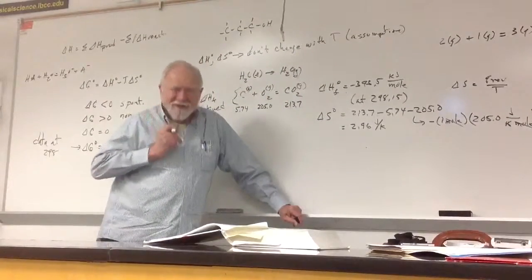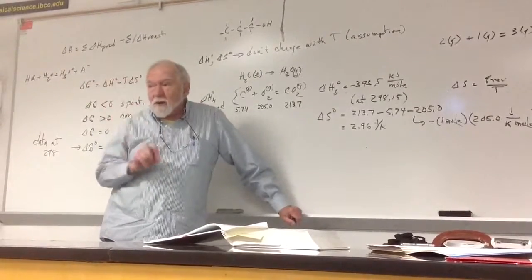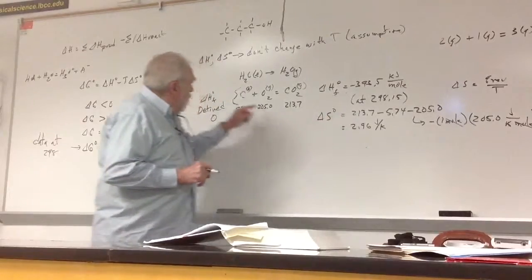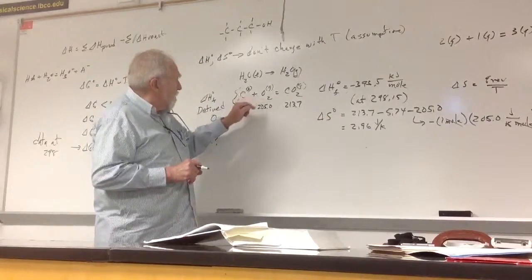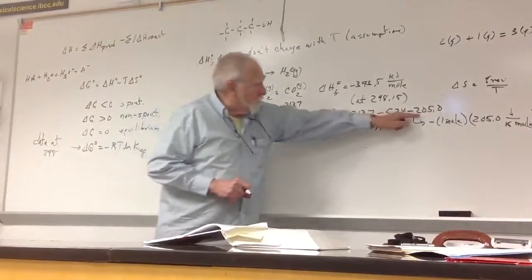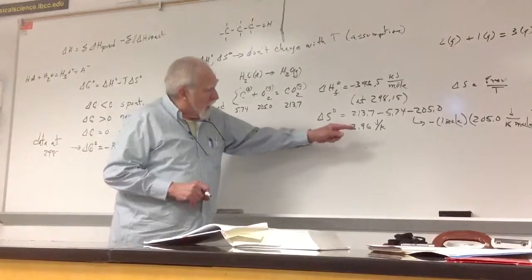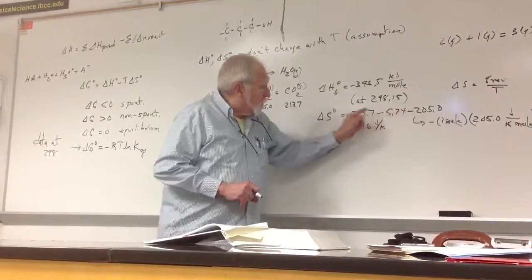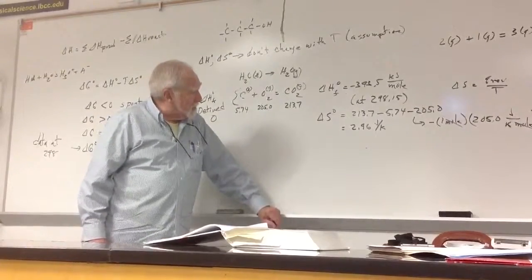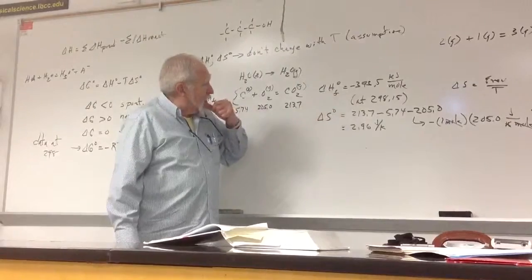Okay? So when they give you the numbers in the tables, they're giving you for a mole of each of those substances. So this number here is for 1 mole of oxygen, okay? Or 1 mole of CO2. And this number is for 1 mole of oxygen. But when you put it into the products minus reactants, you're putting in the number of moles from the balanced equation. So when you calculate delta S for the reaction,